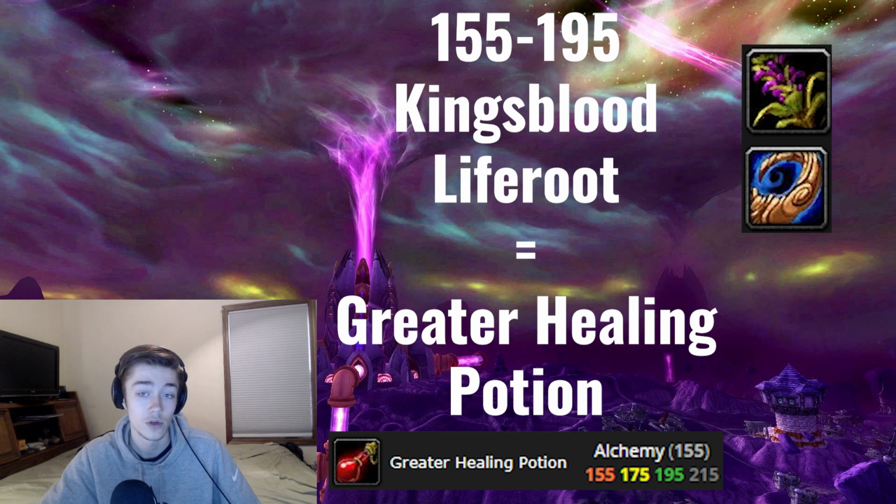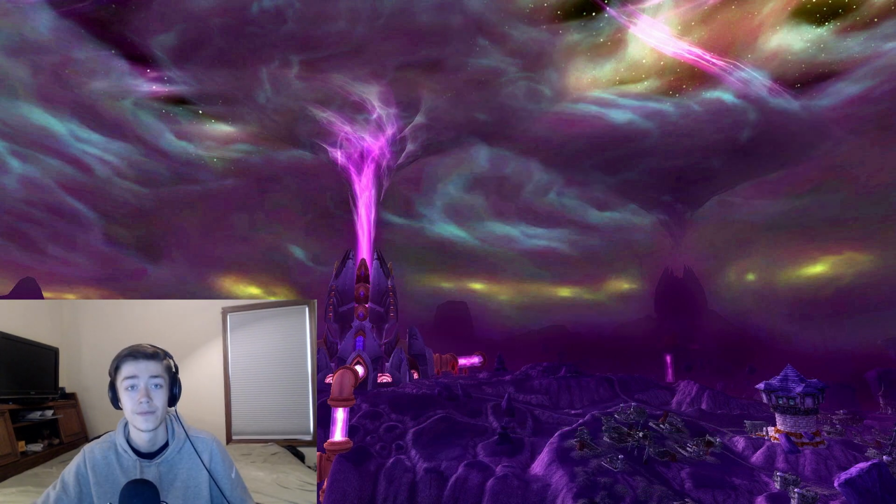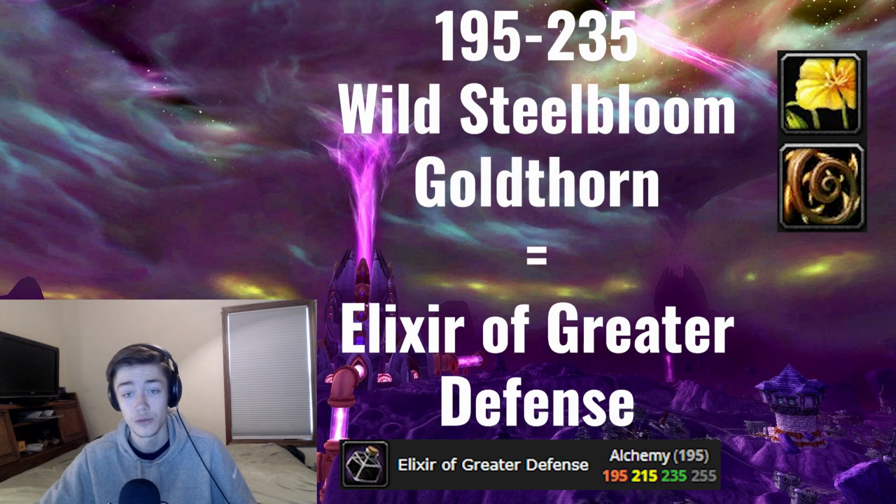The recipe will go yellow at 175, but it will not go green until you stop crafting them at 195, so it's going to be able to bring your alchemy all the way from 155 to 195. Now, to follow that up, you're going to want to get about 40 wild steel bloom and 40 gold thorn